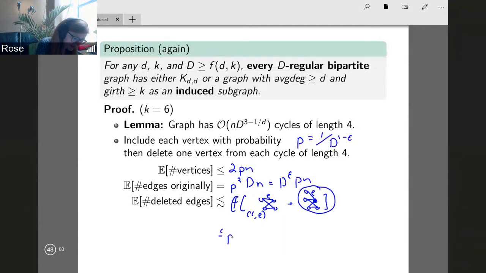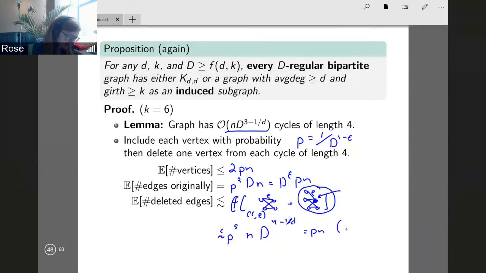And it has 5 vertices, and so we get p to the 5th, the probability that all of those vertices are included. And now we just have to count the number of these. And so we're using the lemma from above, but then plus this vertex is incident to about d edges. So we gain a factor of d. That's n d to 4 minus 1 over d. And I'm again ignoring constant factors, and that's what I mean by the approximately equal. So we get this,